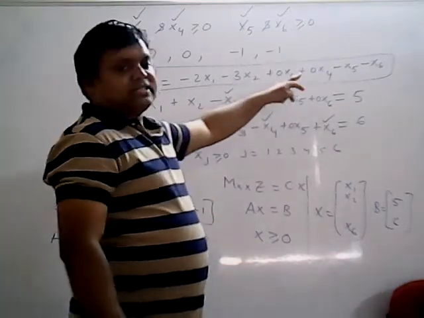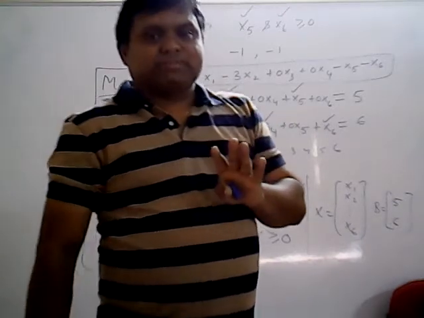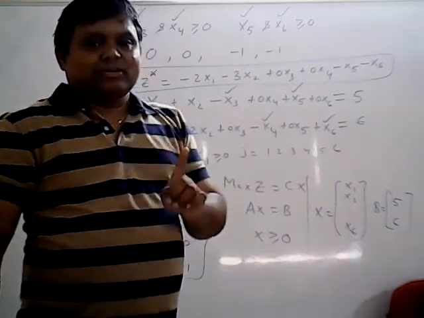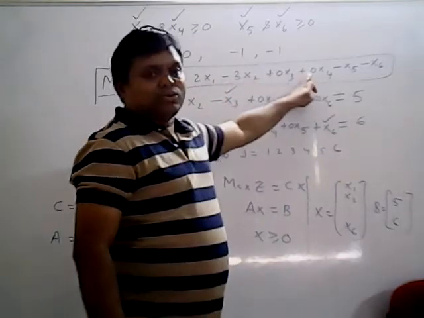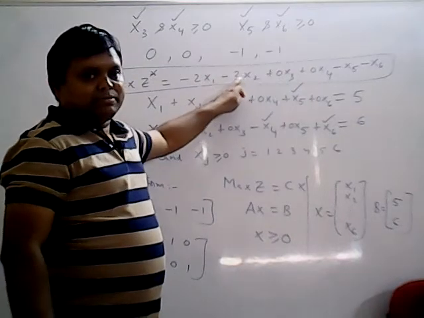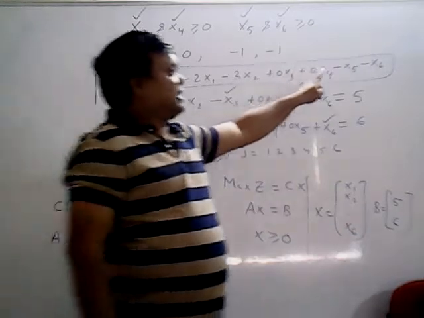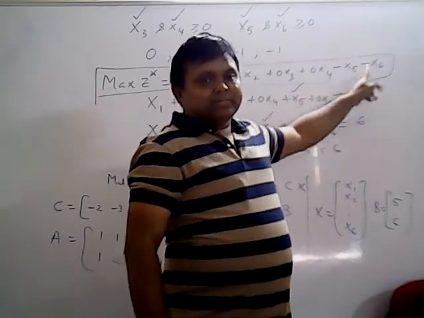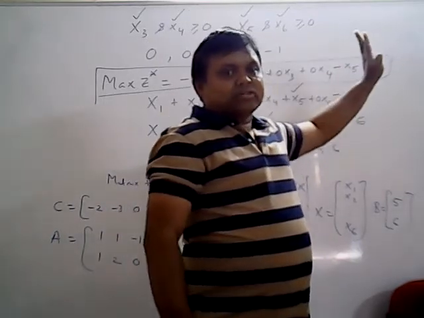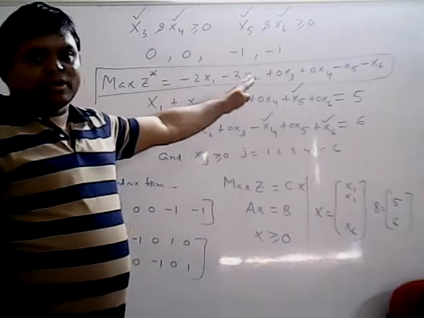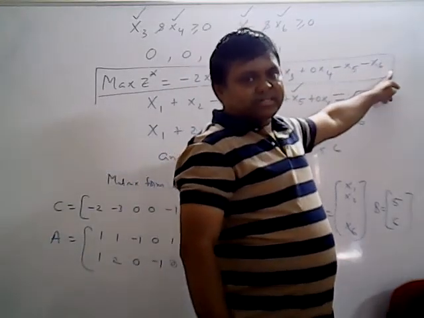So that means we will consider only artificial variables. In the two-phase simplex method, this step is important. In phase 1, we will put all the original variables' cost equal to 0, whatever may be the cost, except artificial variables. The meaning of that sentence is you will consider only artificial variables. So how many artificial variables are there in this problem? x5 and x6 are the artificial variables.